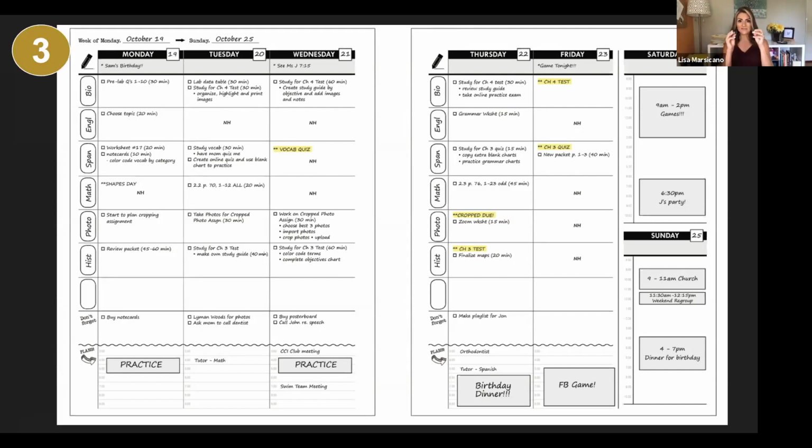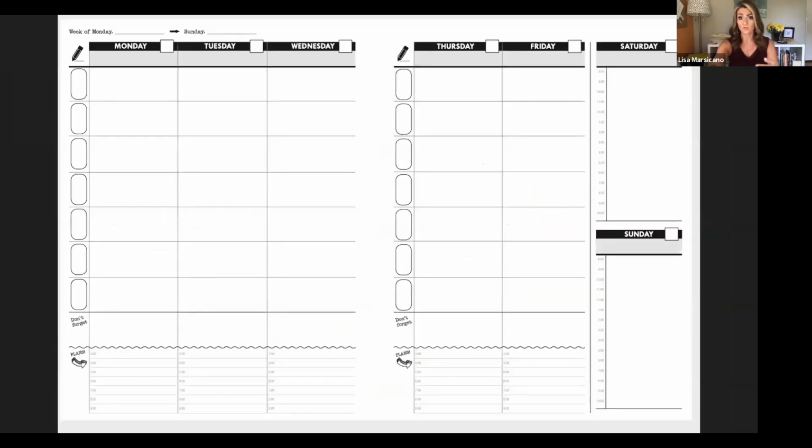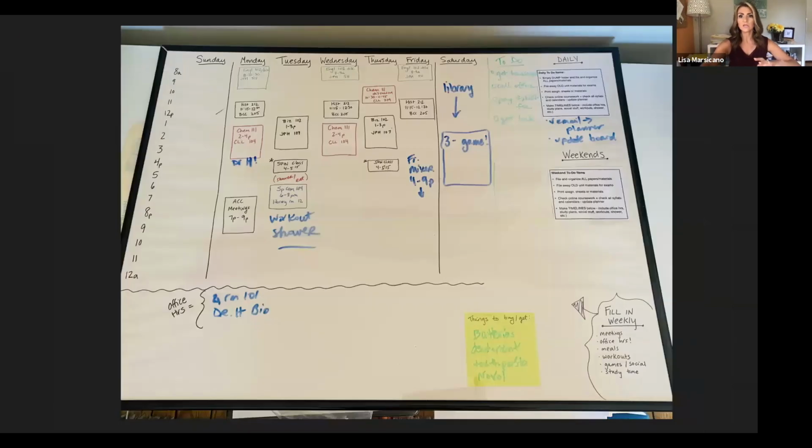So I want you to write down, from that class and study plan, exact steps you can take when you're studying, when you're doing a paper, when you're working on a big project. And I want those little steps written in the planner on the days before you get up to it. That way it's easier to just grab those tasks and get them done. So that's kind of the general format that we like and the approach that we use when we're talking about a good solid planner and managing all of your assignments and little to-dos.